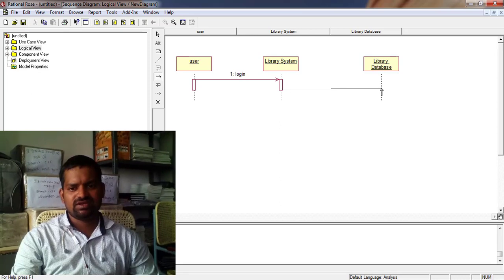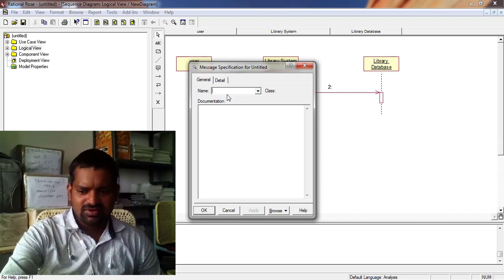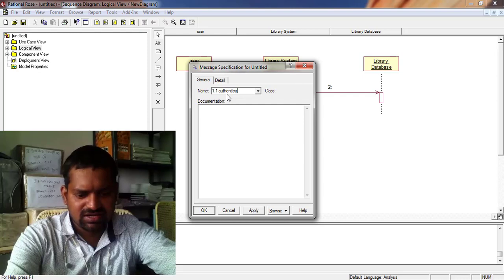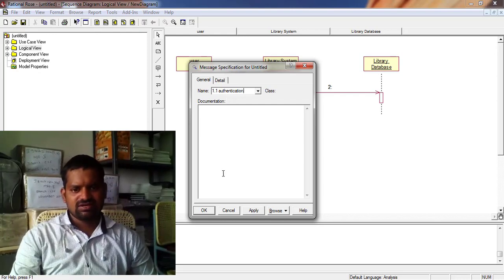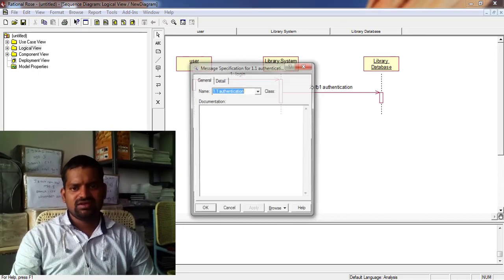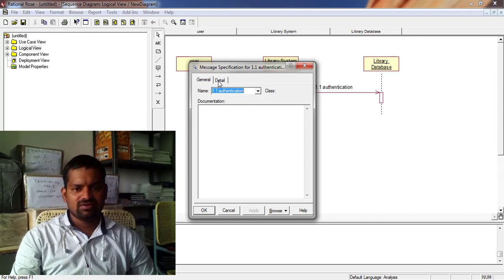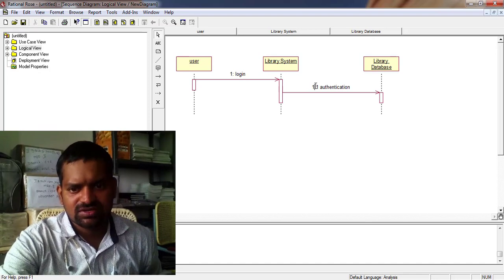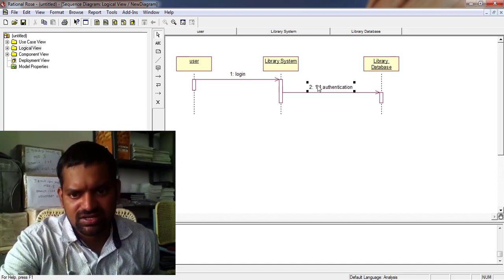Write authentication of login, 1.1, authentication of login, apply. Or you may not give the details of this login. You may not create this delete option also. So like this, authenticate login.